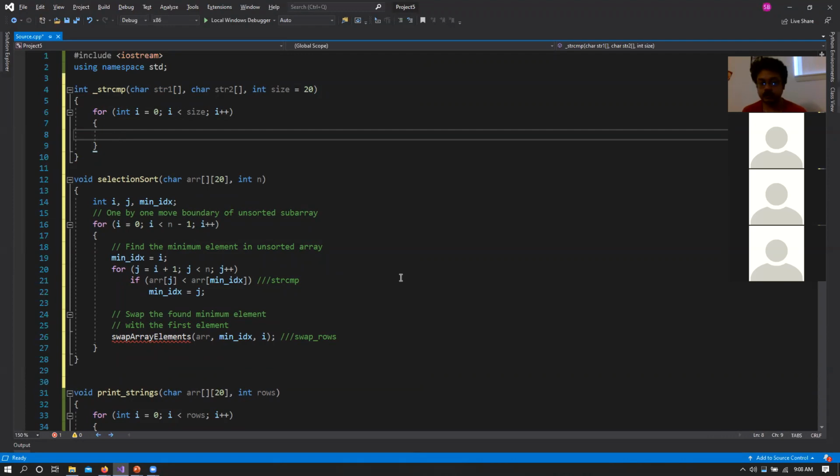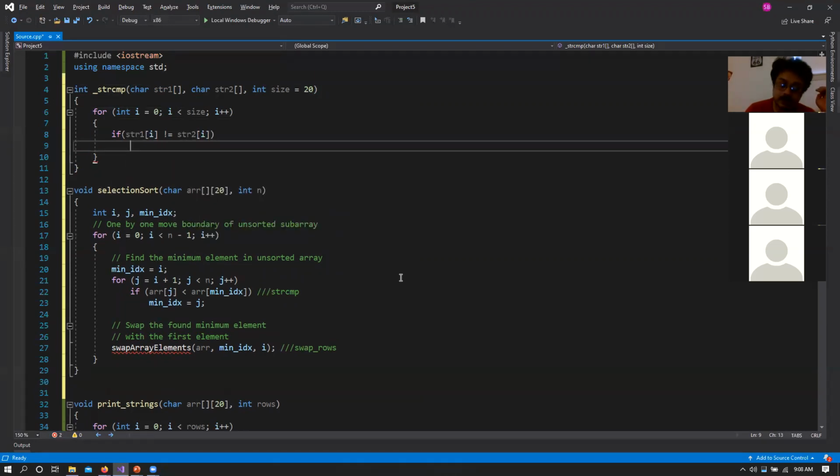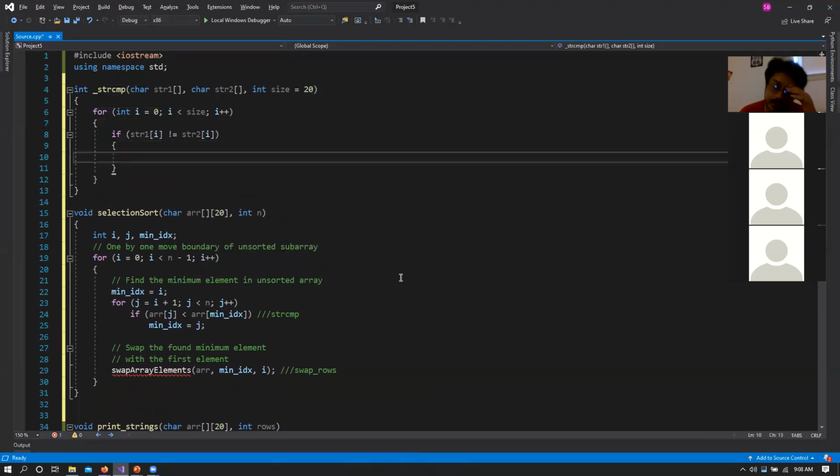So what do we need to check for? We can have an if condition that checks if str1 of i does not equal str2 of i. So in the case of Sam and Sally, this would be the ith index for M and L. So the value of